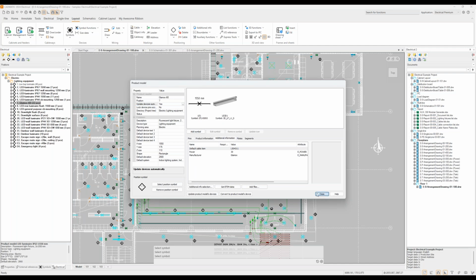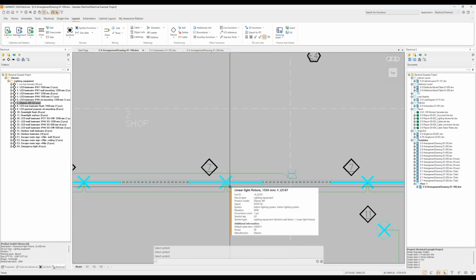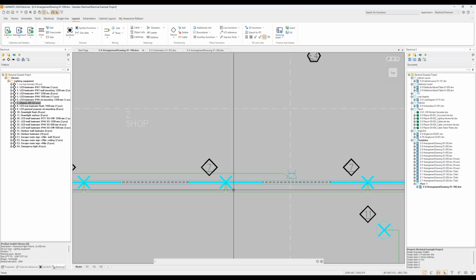So if I close now and take a look at, for example, this device here, it will have the power of 30 watts and also the manufacturer kilometers. And any other additional information or product information added to the product model will be also in use for these